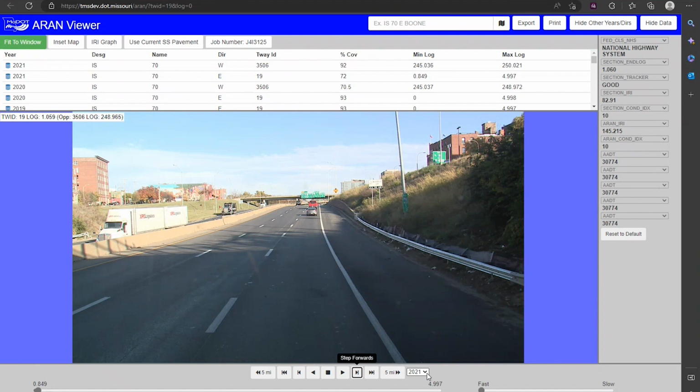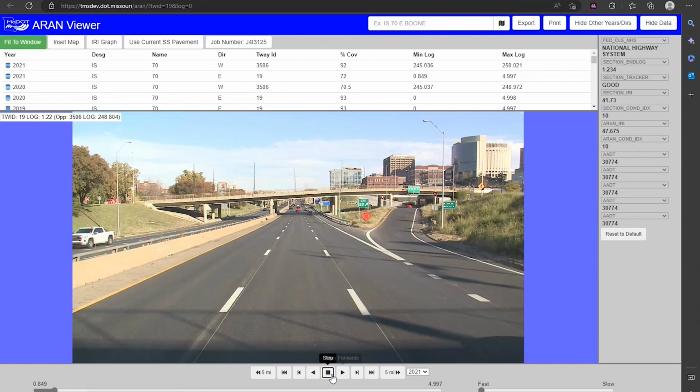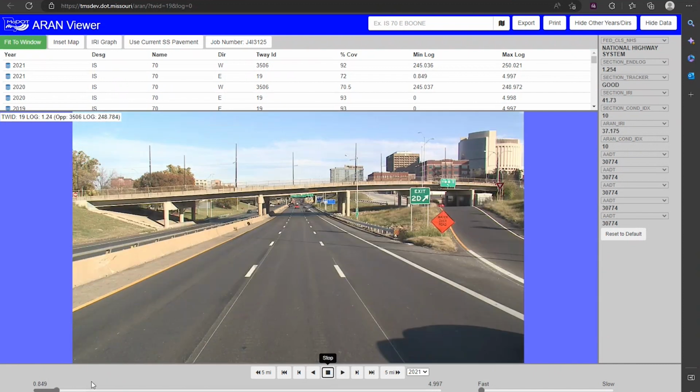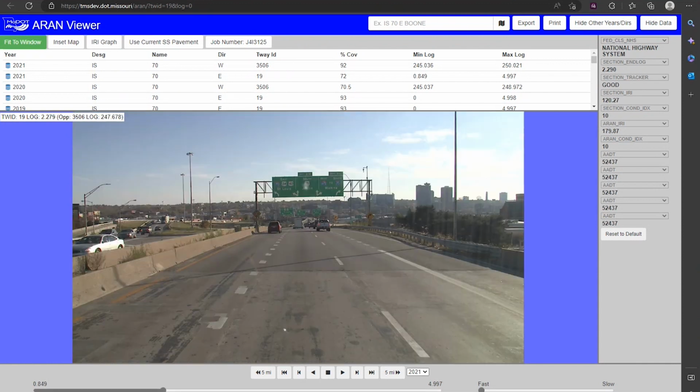The year shows the calendar year that data was collected for the selected travelway. The scrub bar will move along the track as the ARAN truck moves down the road. Alternately, you can drag the scrub bar to the location you want to view in the selected section of the roadway. The bar next to the scrub bar is used to set how fast the frames should change when playing